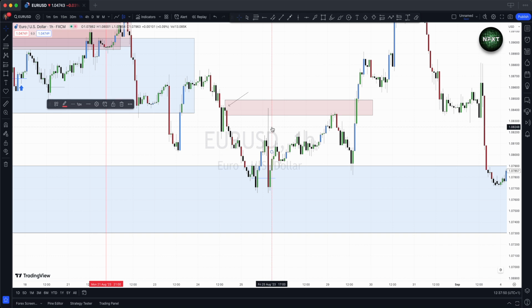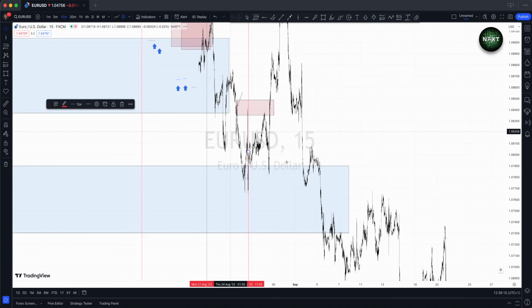Now you can see the market, in fact, came up to this area of supply. We had the reaction. We pushed back down into this area, made this double low, and then reversed all the way back up. But it's understanding that this was the supply zone, which was going to create that reaction from that move down. Now, if we go back to a 15-minute chart here,